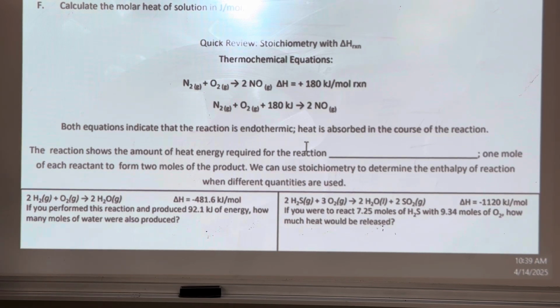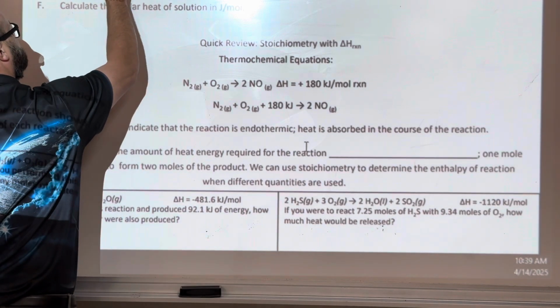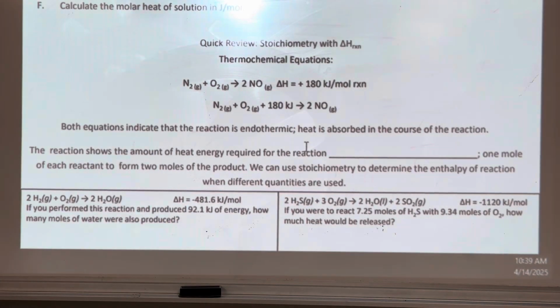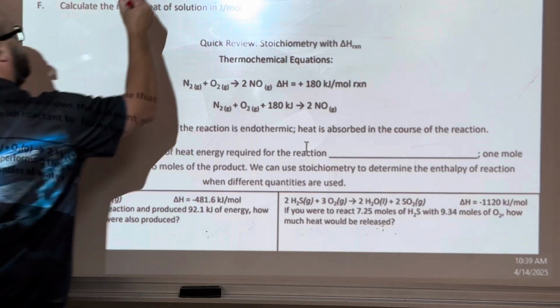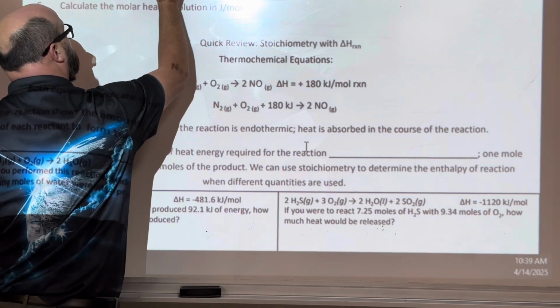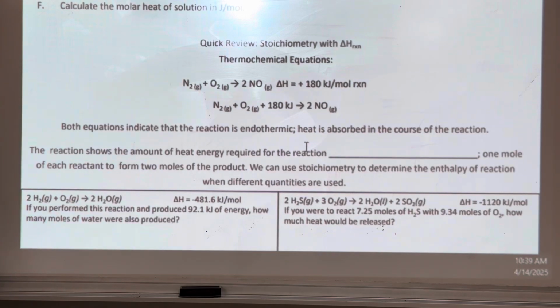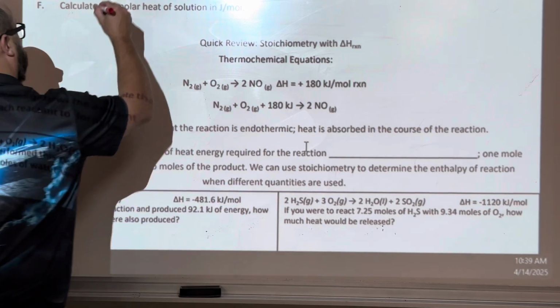So subtract those two. 61.54 minus 56.57 equals, what does that come out to? 4.97 grams